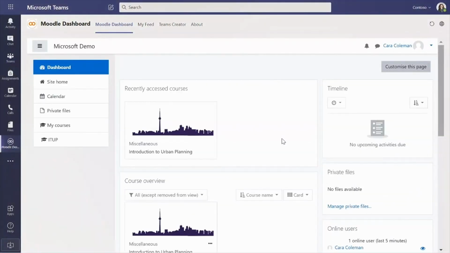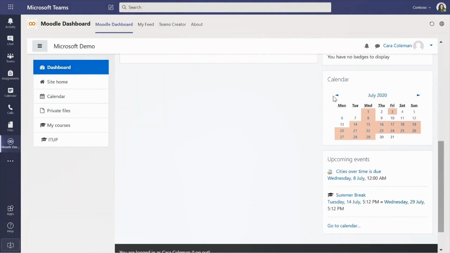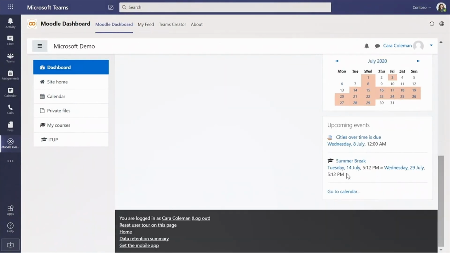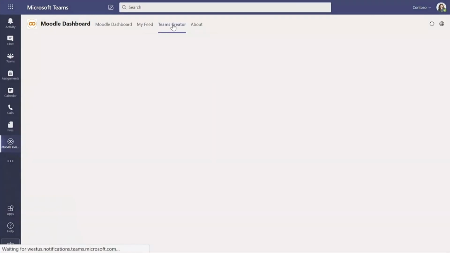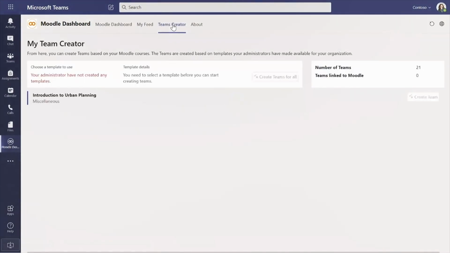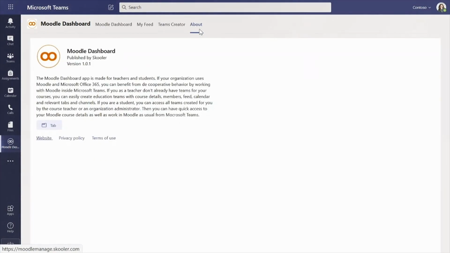Additionally, I also have this dashboard specifically for teachers and administrators, where we can just go in and see everything that you normally would see in Moodle as well. I can go into my Teams creator and say, okay, these are the courses that I want to see available in Teams, and those will be automatically created.